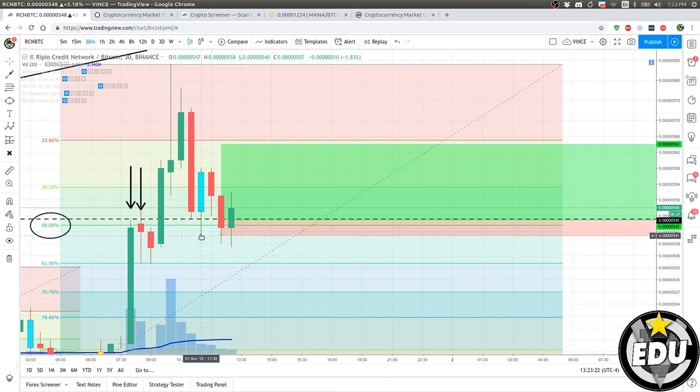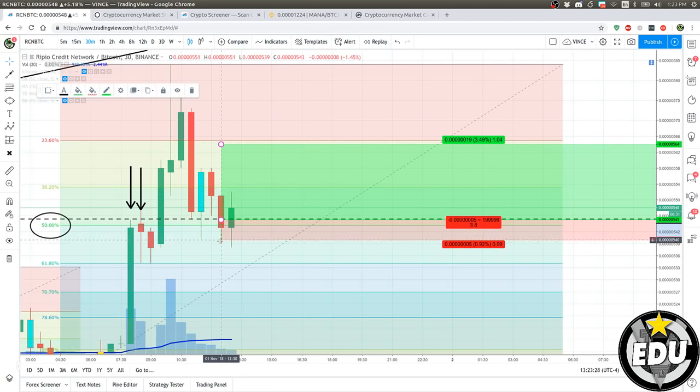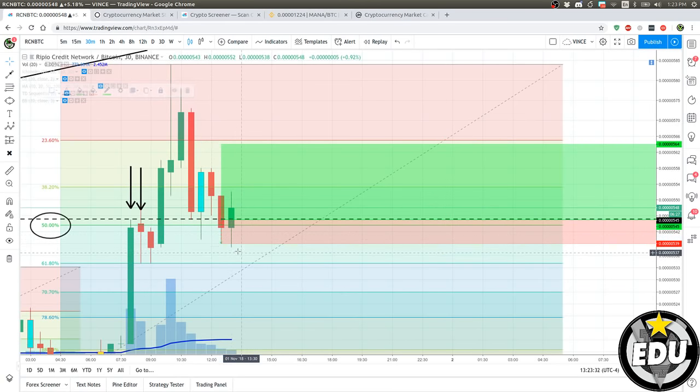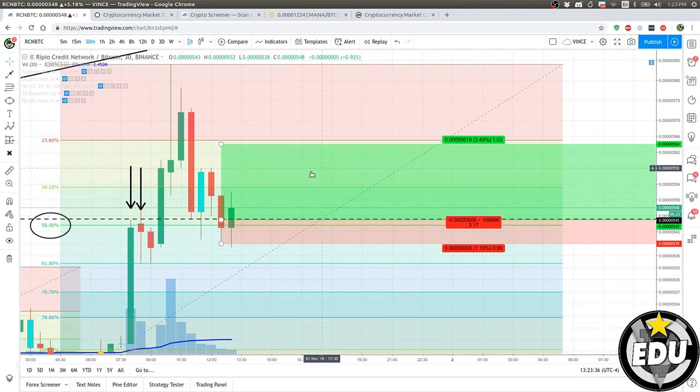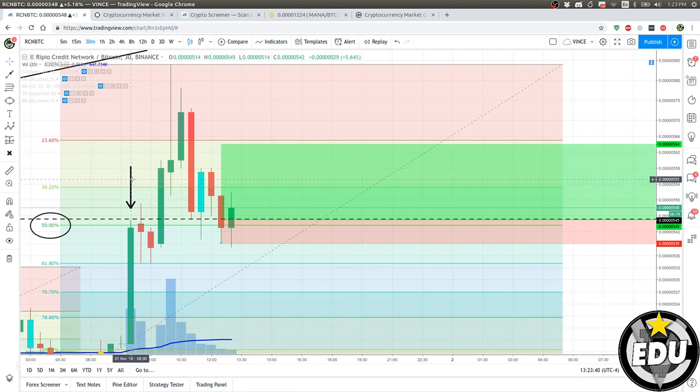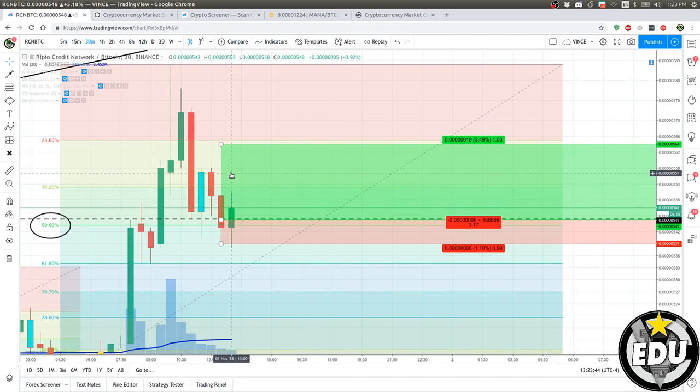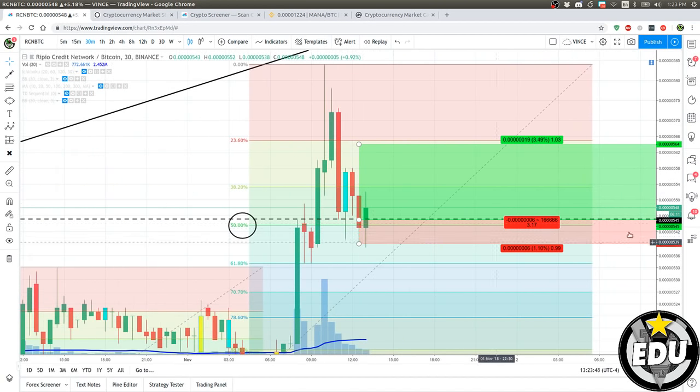I would have calculated this as a low, put my stop loss just below this low, and gotten stopped out here just for a tiny bit, if we want to consider this as the same trade as